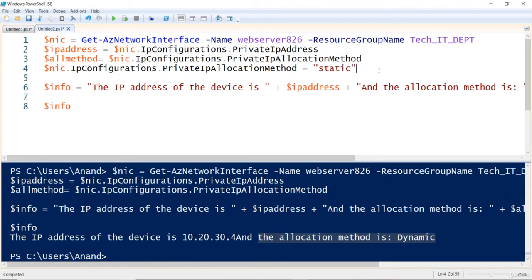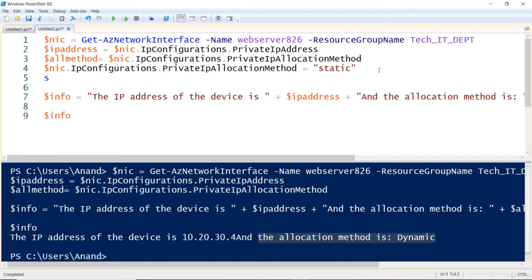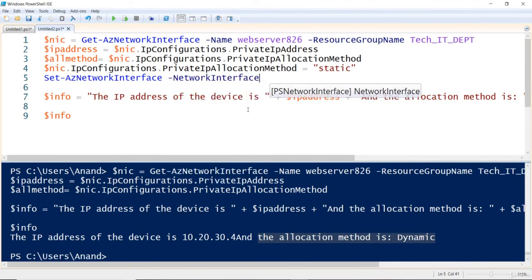To do so, I will say Set-AzNetworkInterface. Okay, that picked up with auto tab completion. Set-AzNetworkInterface with the network interface, which is $nic. So I've got all the $nic information inside the $nic variable, right? Because $nic is a variable that has all the information about the network card called webserver826. So if I say Set-AzNetworkInterface with this information, let's go ahead and execute this and